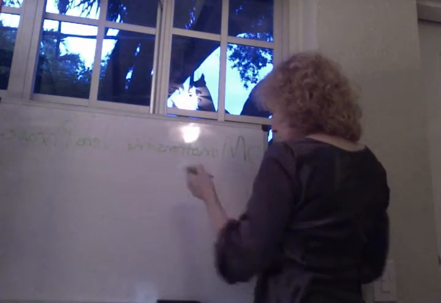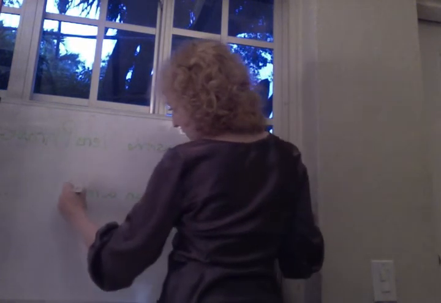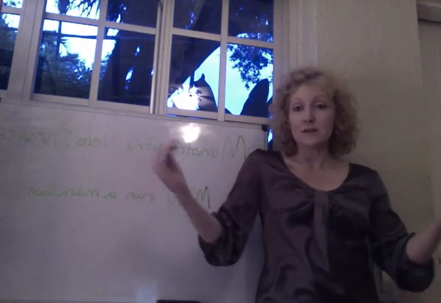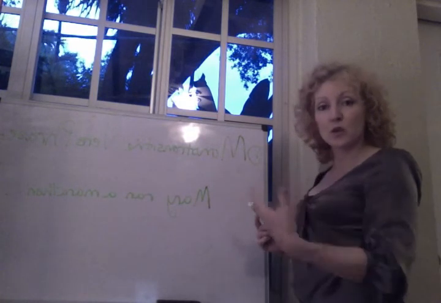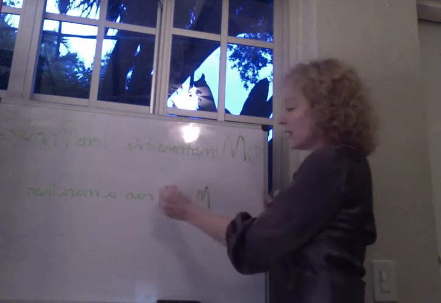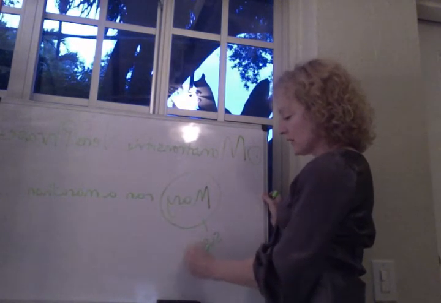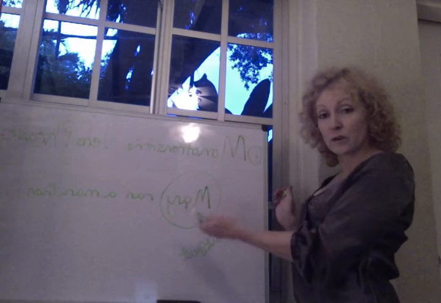If you have a sentence like, Mary ran a marathon. Okay, so Mary ran a marathon. The first thing we want to do is say, what are my two pieces of this sentence? What's my subject? What's my predicate? My subject is going to be Mary, because Mary is who the sentence is about. The sentence is talking about the individual Mary. So we say that this is the subject of the sentence. And this is, as we expect, a noun phrase, because Mary is a noun and is also a noun phrase.